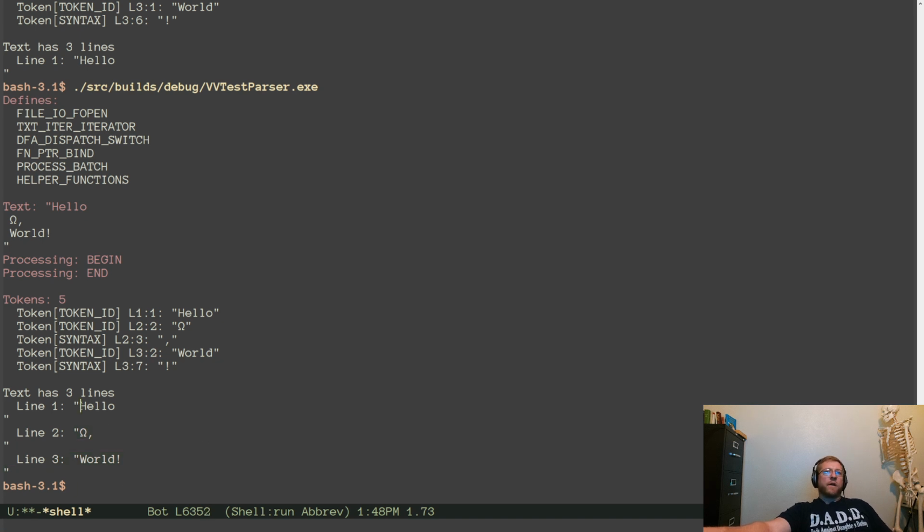Oh, interesting. The white space is not counted towards the start of line. So the end of line munches up those backslashes. So when we register a line, we do in text buffer.